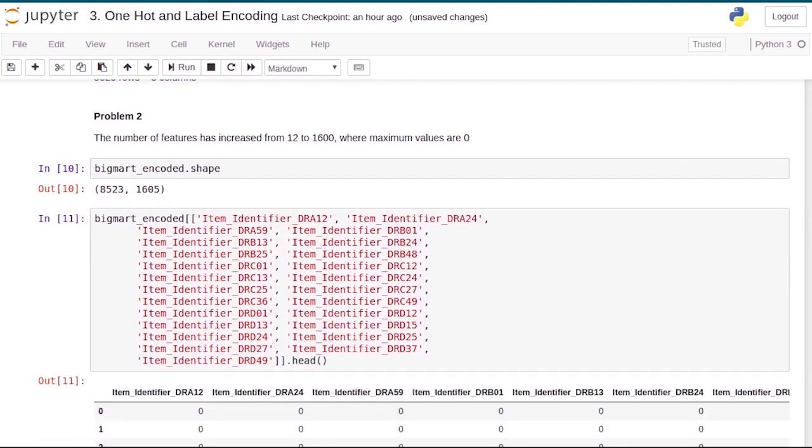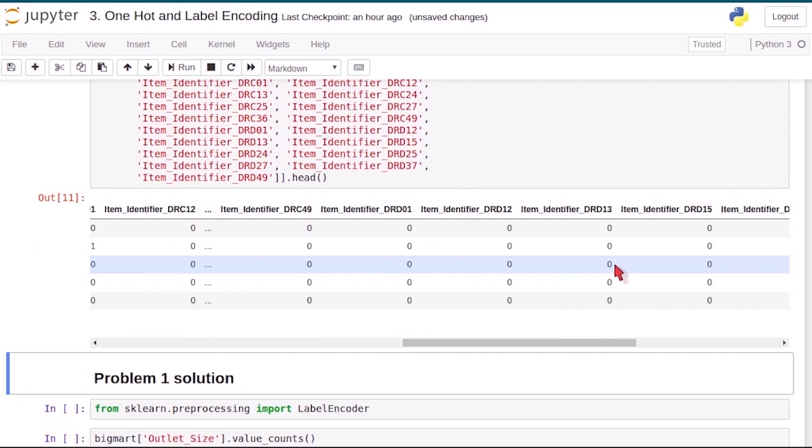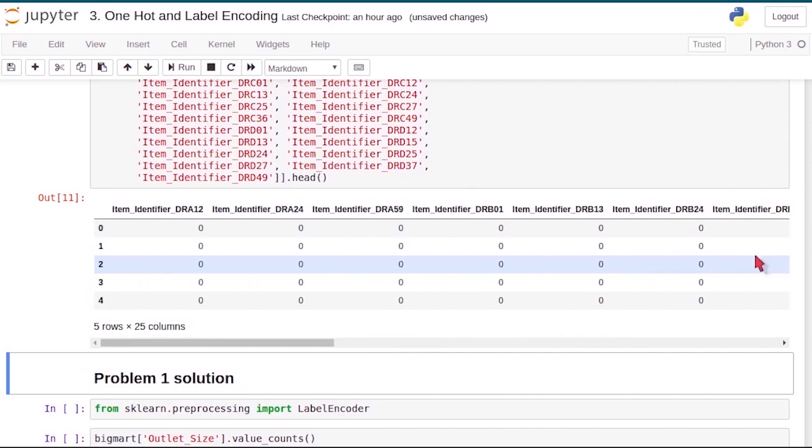And hence, there are more than 90% of the rows which have a 0 against them. Look at this. So this information is not really useful for the model. In this notebook, we will address the first problem and we'll look at the solution to the second problem in an upcoming video.